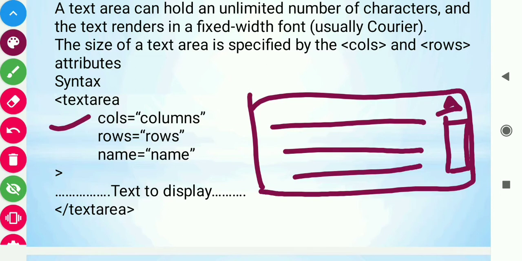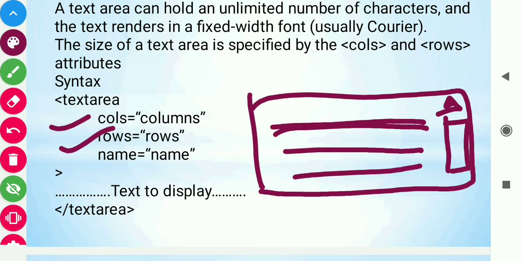In the columns you can mention, for example, 30. The columns attribute defines the width, that is, the number of characters per line that the textarea can accommodate without scrolling. And here in the rows, you can mention 1, 2, 3, 4 like this.